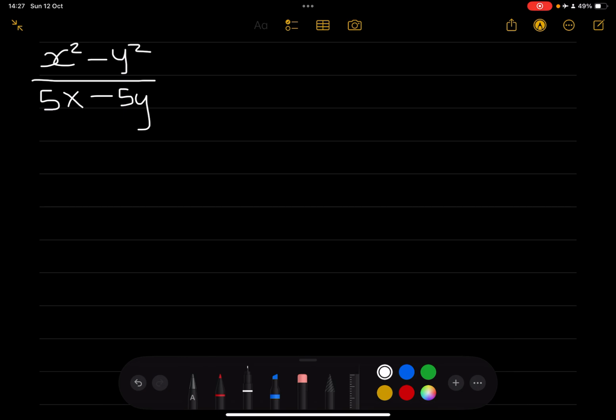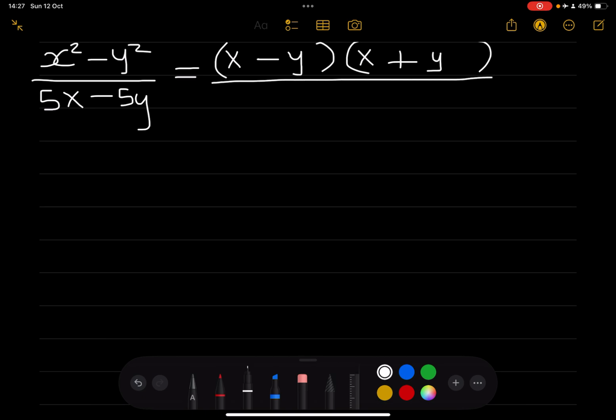So step one, let's spot the pattern. The top part is x squared minus y squared. When you see two squares with a minus, your brain must shout difference of two squares. So the top is difference of two squares. So I'm going to simplify it by factorizing, right? So it's going to be x minus y and x plus y, all over